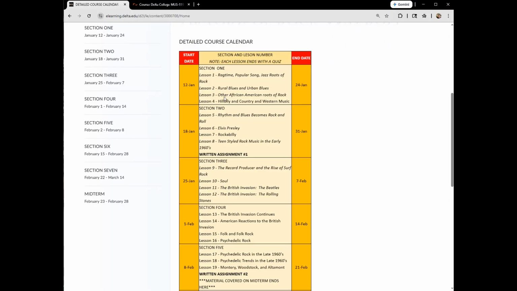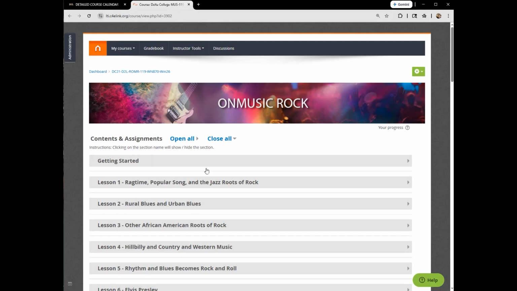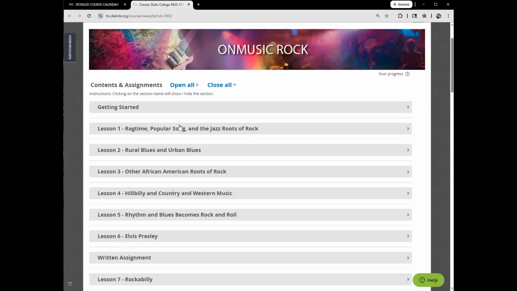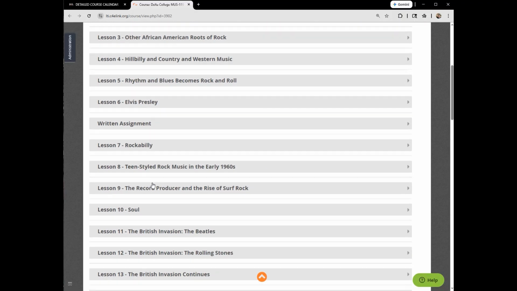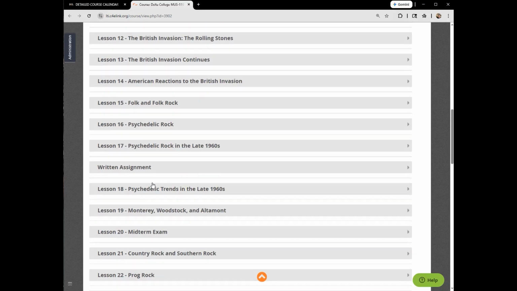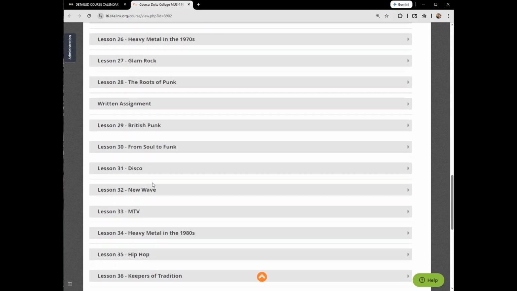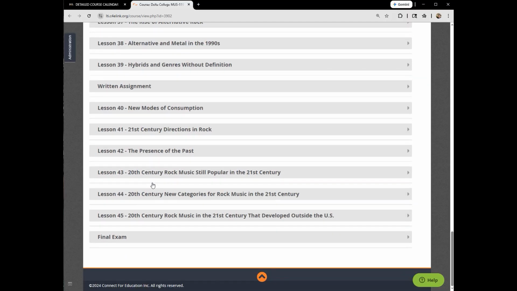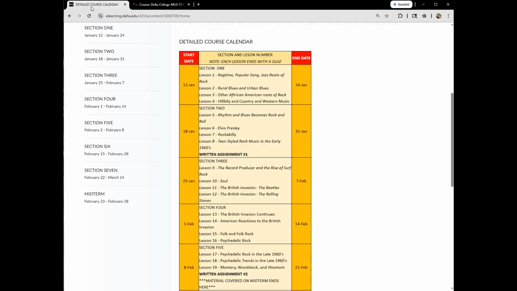But just notice section 1, there are 4 lessons. Section 1, 4 lessons. But the way our text is laid out, it just goes numerically through all of the lessons in our online text, all the way through to lesson 45. I have grouped them into sections, so I would encourage you to take advantage of the detailed course calendar for no other reason than to look at how these are grouped together to keep yourself organized and